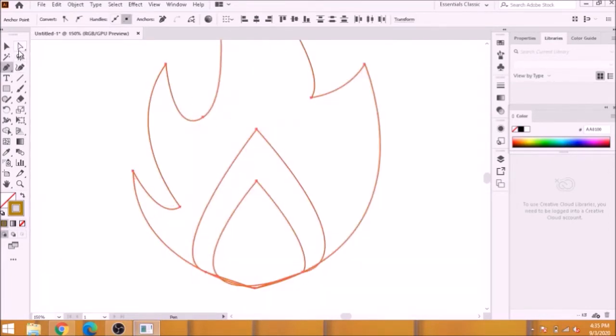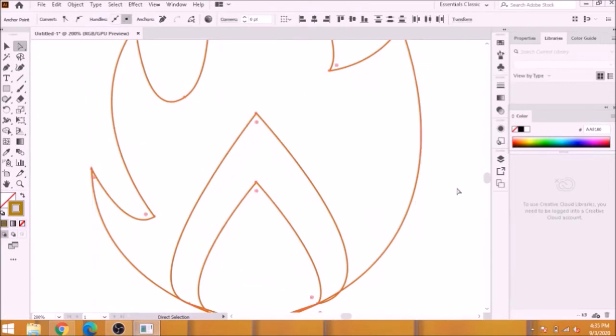Again, go to the illustration and then you might see a dot.